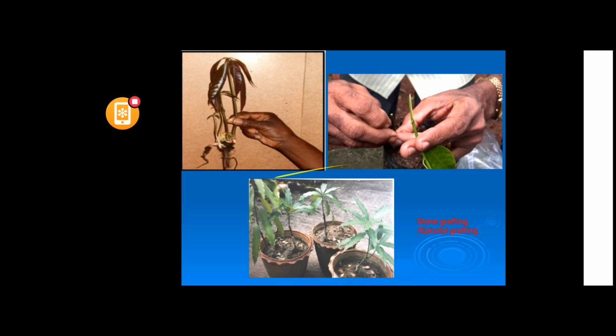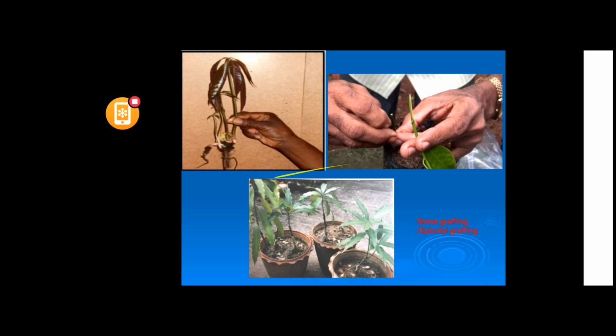Now I am showing you the stone grafting method. You have to take a 7 to 10 years old seedling and keep it ready. Then you cut it 5 to 6 meters above the stem and delete the top, and then prepare the scion of similar thickness, 2.5 months old. Making a wedge, you cleat the hair and put it in the middle of the shoot to give a successful graft.